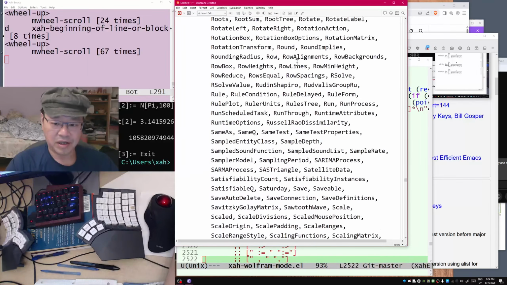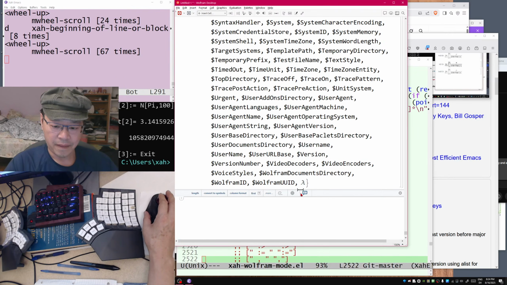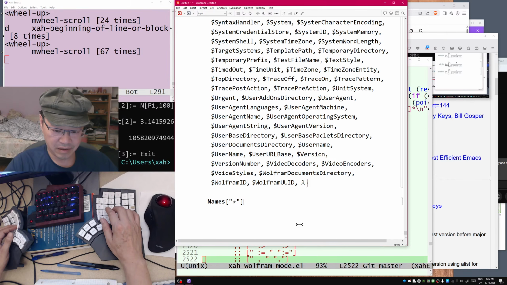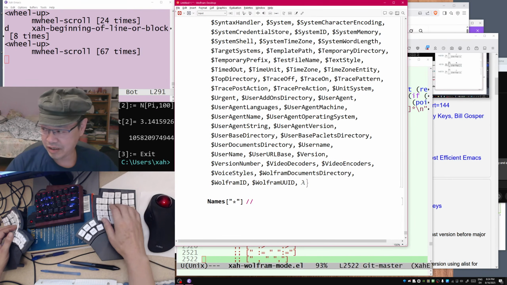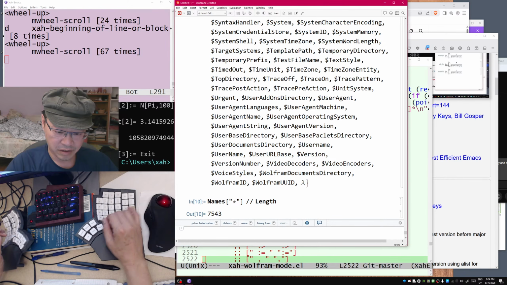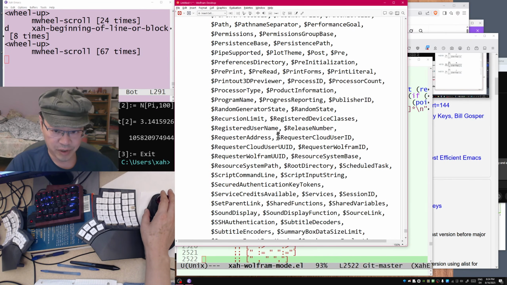Then let's copy from the last input, //, that's a postfix notation. Then you say Length, so that will tell you how many there are. Shift Enter: 7,500 functions built in out of the box, from artificial intelligence, from